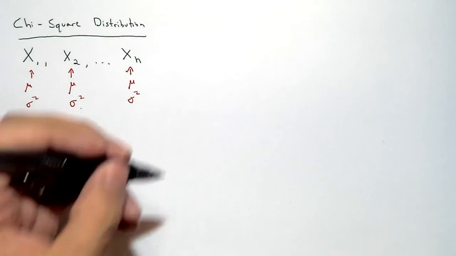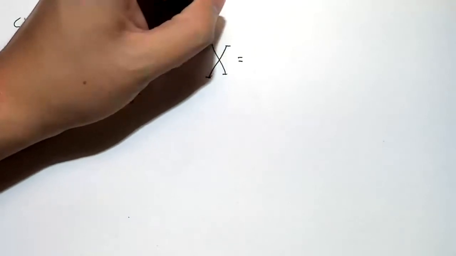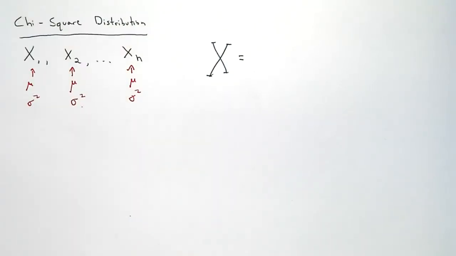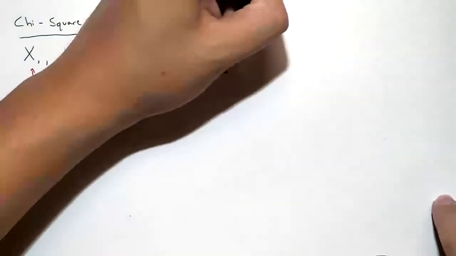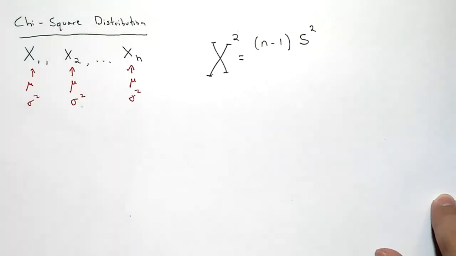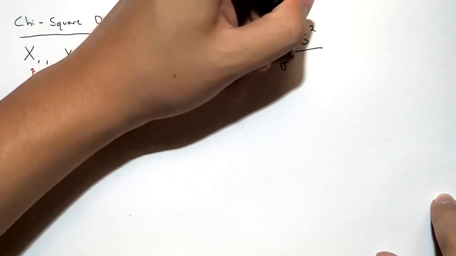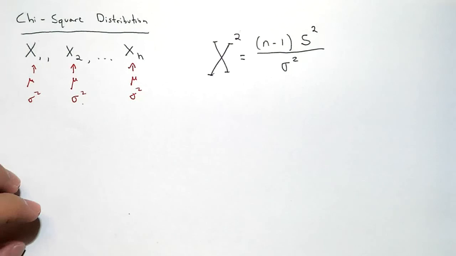We can create a random variable. I'm going to call this random variable capital G squared. Technically, it's capital G, right? But it looks like capital X, so maybe I'll use this to distinguish it from capital X. We create a random variable, capital G squared, and I'm going to define that random variable as n minus 1 times the sample variance of this random sample divided by the variance of this random sample. If I set this variable, capital G squared, then I have what's called a chi-squared distribution,